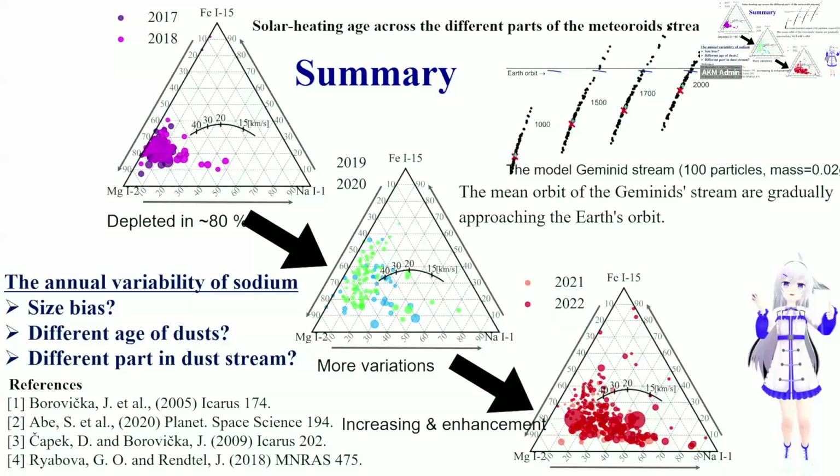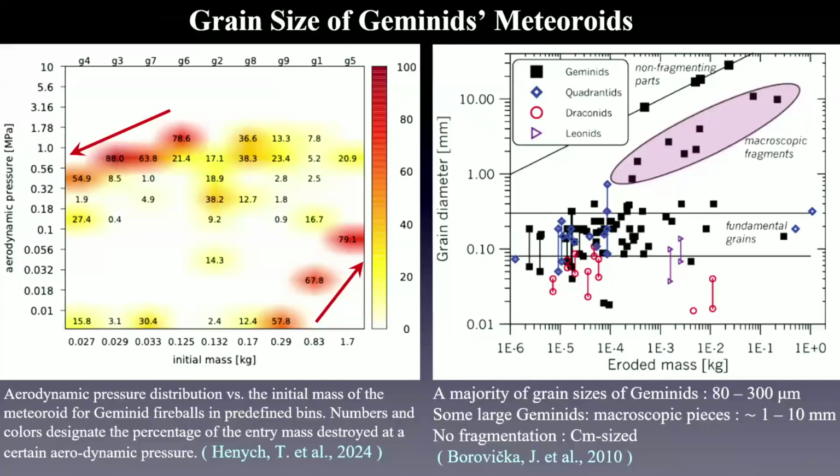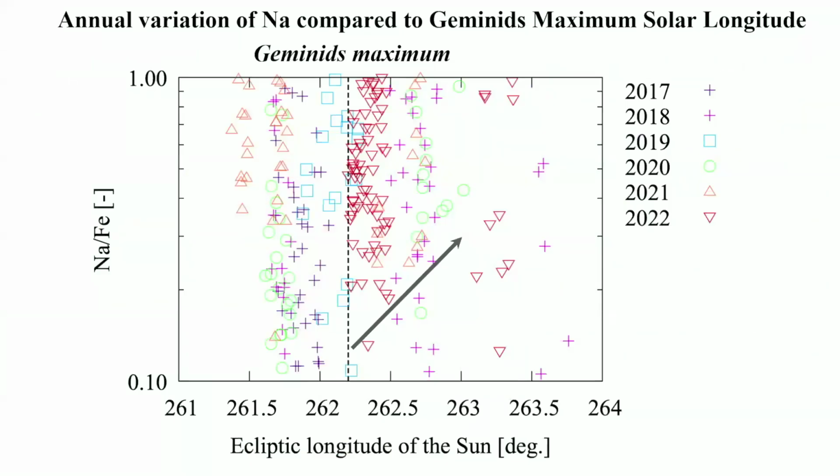And I found my old presentation, and according to my old model, but it should be checked, those Geminids which were registered at the Earth after maximum were ejected from the parent body after perihelion. And those before maximum, before perihelion. I don't know now how it agrees with